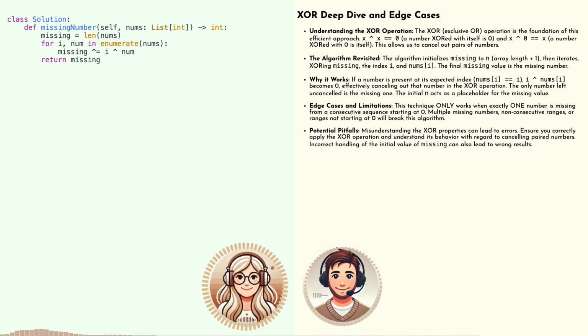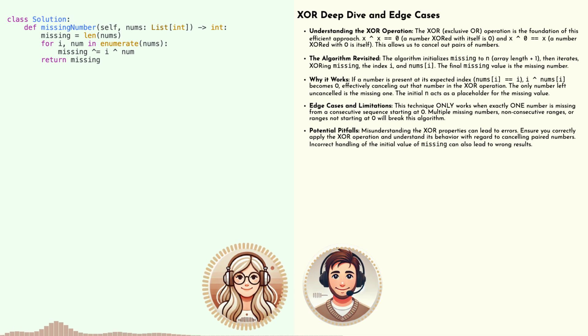We're only using a single variable to store that running XOR result. So the space complexity is O of 1. So it's as fast as the hash set approach, but uses way less memory. Exactly. That's impressive. Are there any potential pitfalls or edge cases that we need to watch out for with